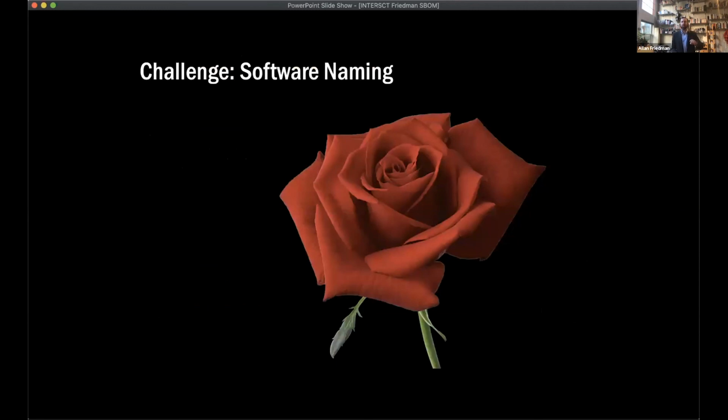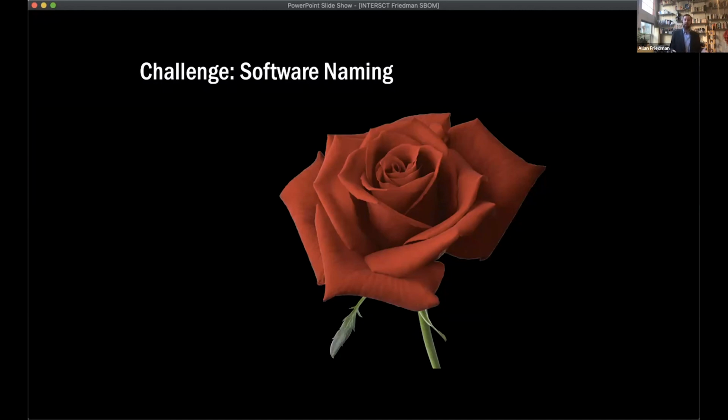So very quickly, I'm going to walk through some of the challenges. First, a rose by any other name would smell as sweet, but it'd be very hard to map to a vulnerability database. Software naming is a known hard problem. Do you use com.sun.java or com.oracle.java? Well, they're the same piece of software, just depends when you started keeping your database.